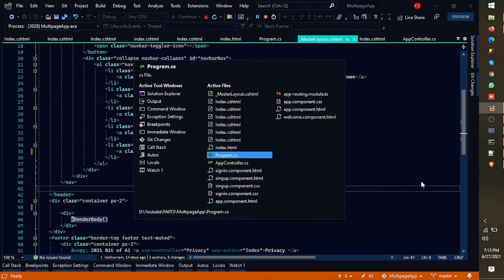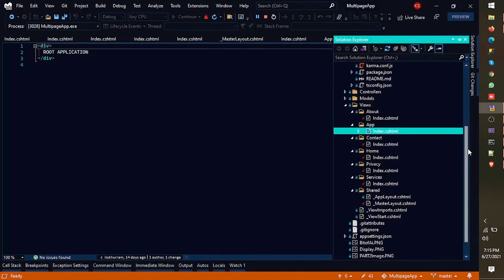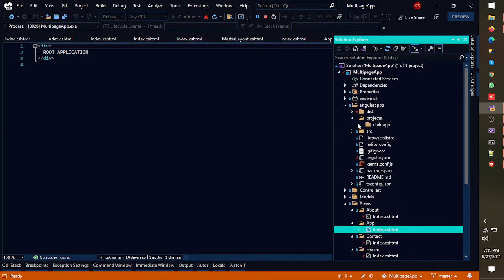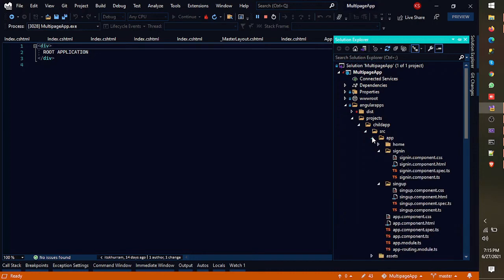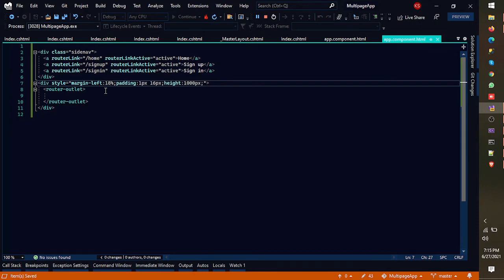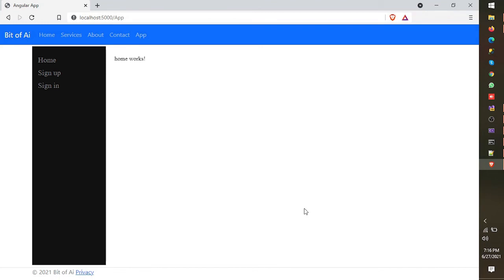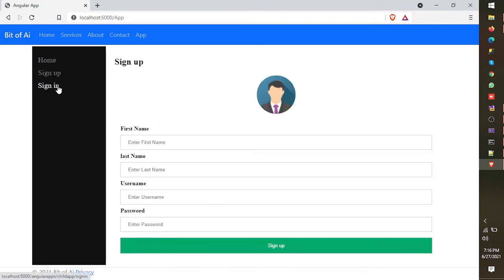To do that, I would need to go into our app component.html of our child app, so not the root app. In the child app, in app component.html, here I would need to give 18%, and it's working fine.